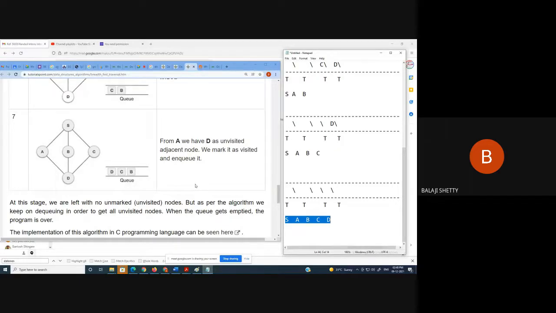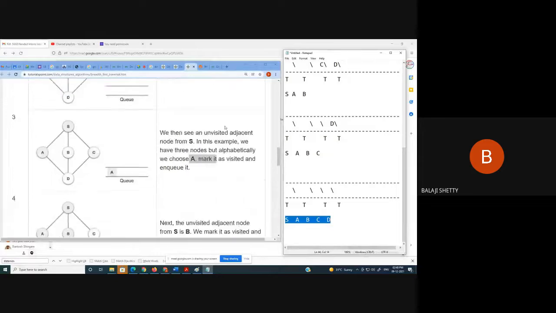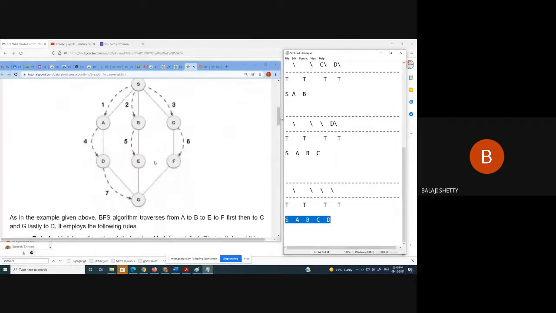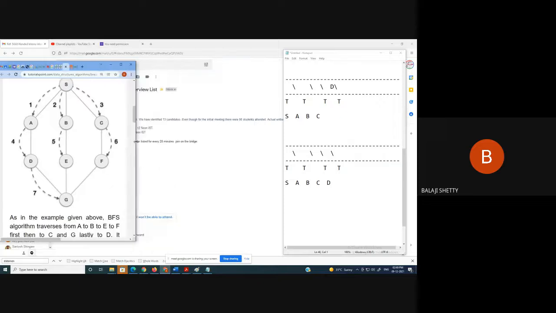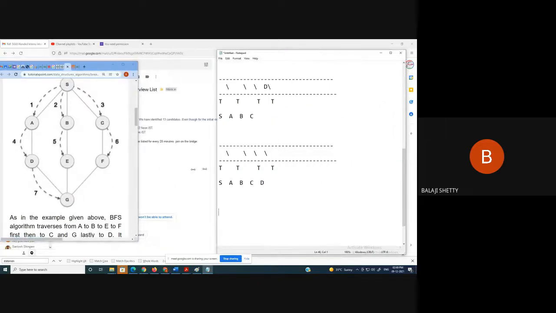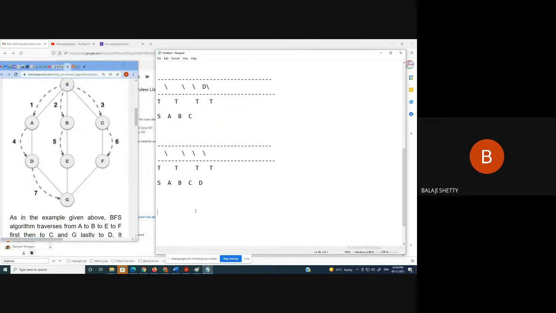Doubts? What I do, I run the same program for this algorithm now. I do it faster so that it becomes clear. Pay attention. Take this initial node as S node.